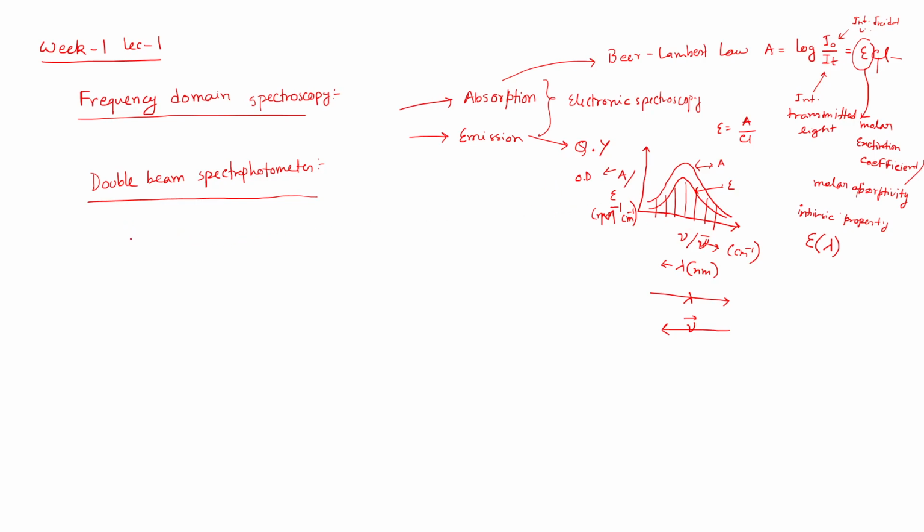So what I was discussing about the double beam spectrophotometer. Actually, I will discuss another part that sir has not discussed here. This is the source, the light source. There will be a monochromator here, right? By the monochromator we will choose a particular wavelength, right? And then, as sir has discussed, there will be a beam splitter, a 50-50 beam splitter,